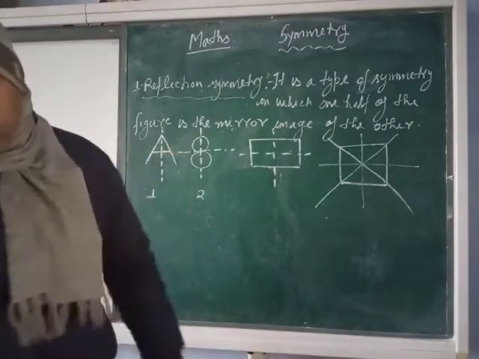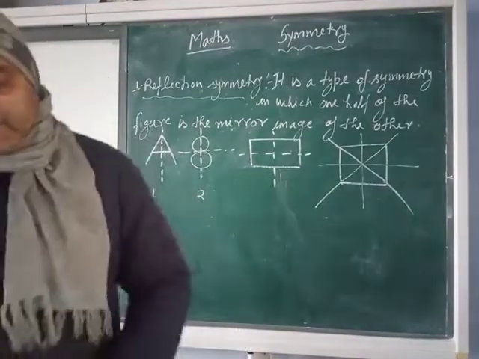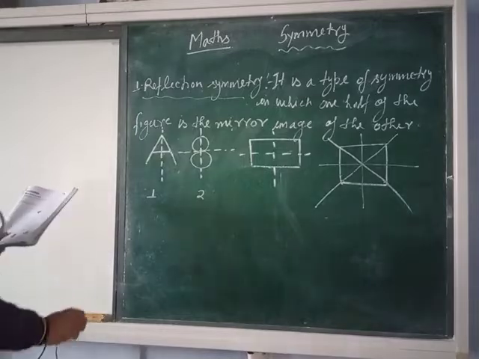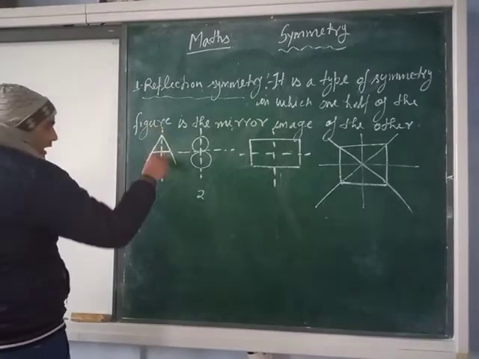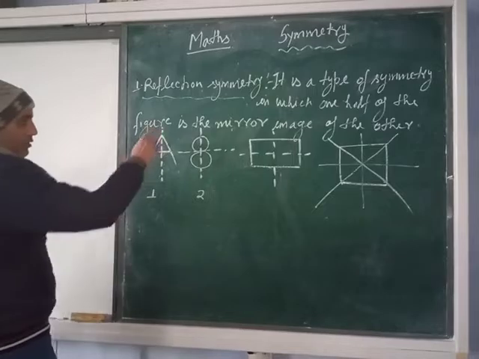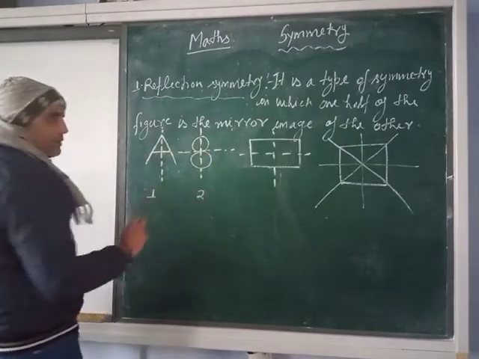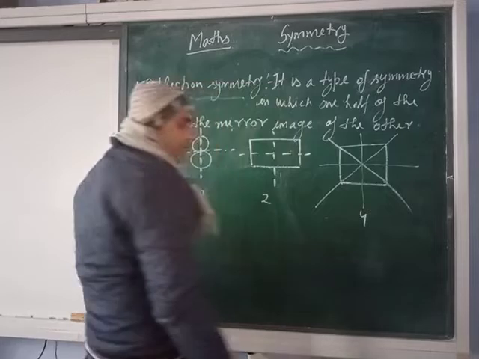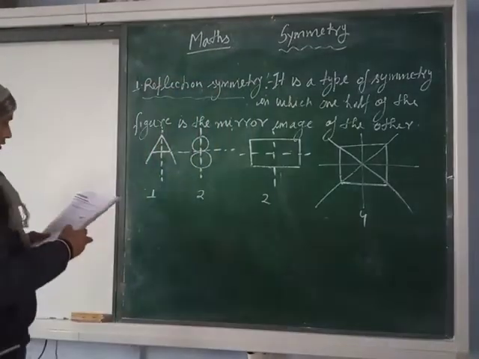Is it clear? So next one is the axis of symmetry and line of symmetry. So you have to write down, and that is known as the axis of symmetry. Here one line or axis is given now. Here 2 lines of symmetry. It has also 2 lines of symmetry. It has 4 lines of symmetry. You have to write also this one.